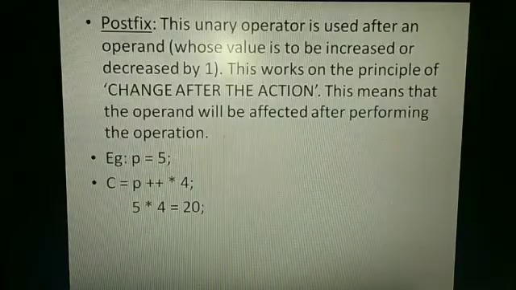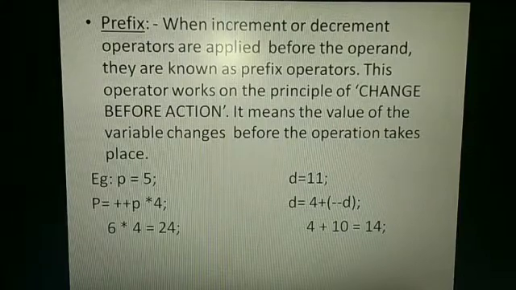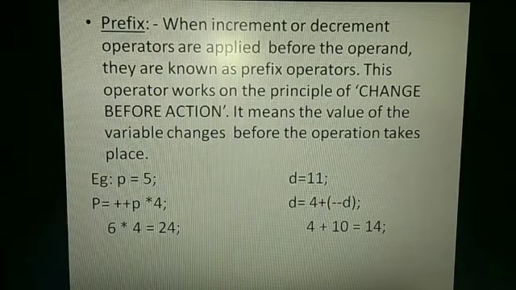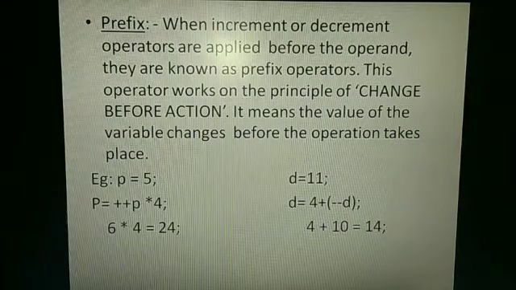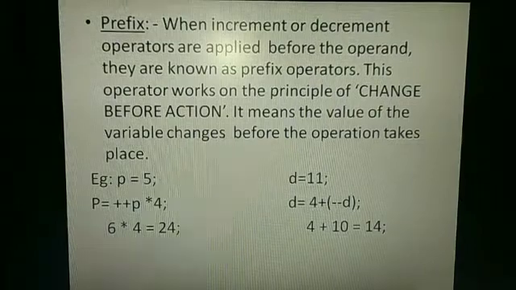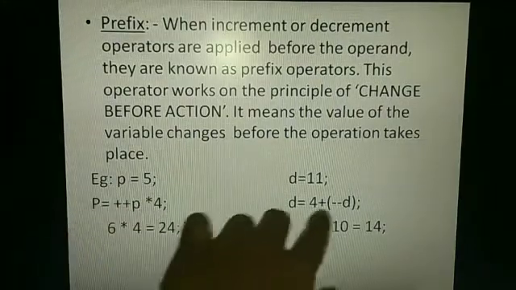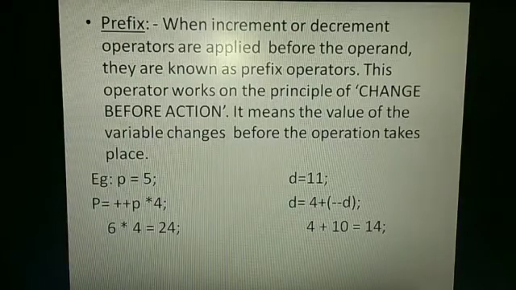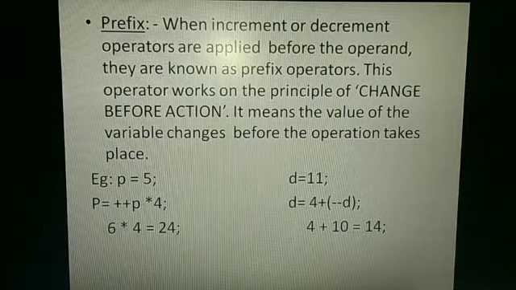Prefix and postfix. Fine. So prefix: when the increment or decrement operator is applied before the operand, it is known as a prefix operator. Any increment or decrement operator which has been applied before the operand is called a prefix operator.